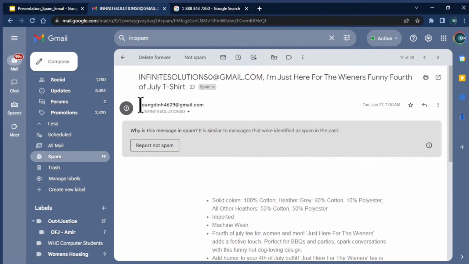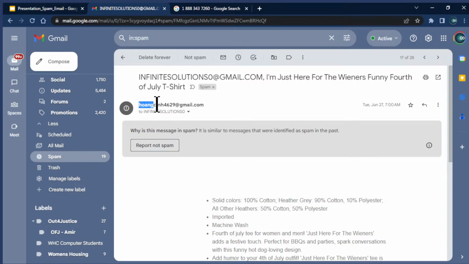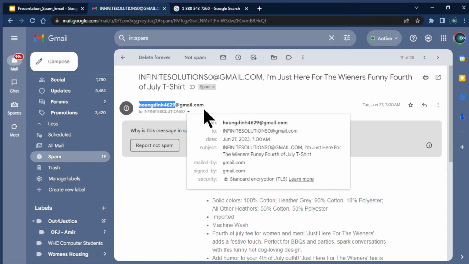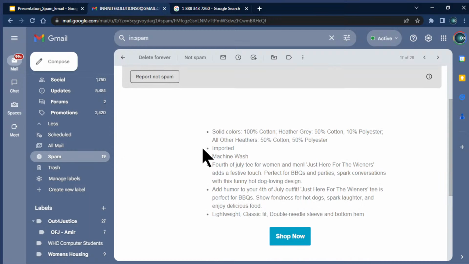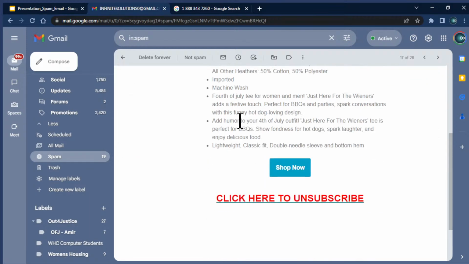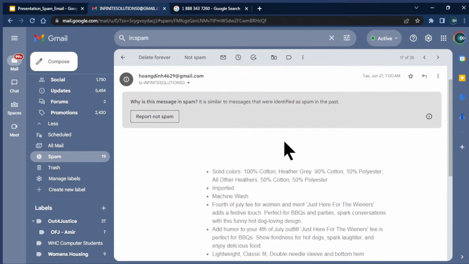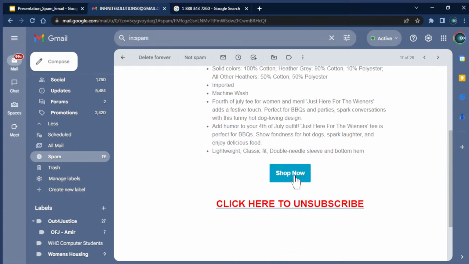If you notice the email address, again, if you don't recognize it or it just seems like random numbers and letters, you can ignore that as well. That's another red flag. When I read through this, I have no idea what this email is about. 4th of July T-shirts. Okay. All right. Yeah. Whatever. Spam email.